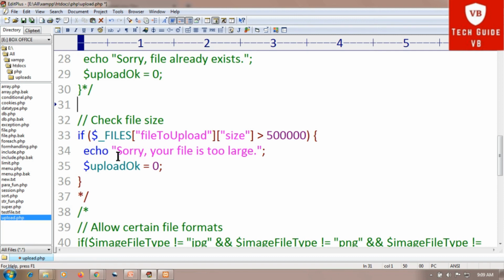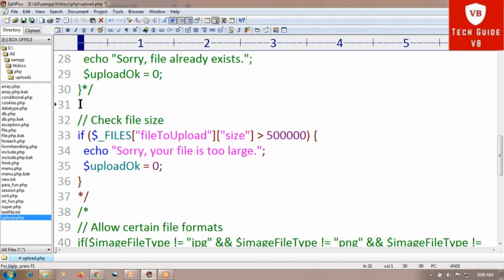That is, the message will be given that "Sorry, your file is too large," and then $uploadOk is set to 0. We want to check the size of the file. If the file is larger than 500 KB, an error message is displayed, and $uploadOk is set to 0 here.